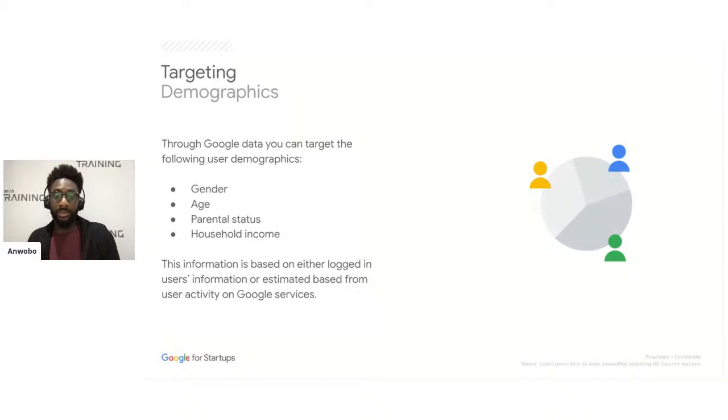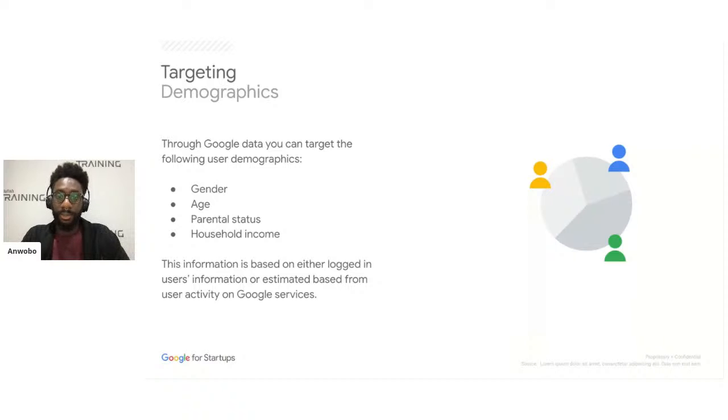Also, a lot of you, when you signed up, would have ticked a box that said whether you were male or female, and you'd also put in your date of birth, so Google also knows your age. With this information, as a user, we're able to target people that are the right genders, the right age, the right parental status, and household income, depending on what products or services that we supply. Now, just an FYI, household income is not available as a targeting feature in the UK.